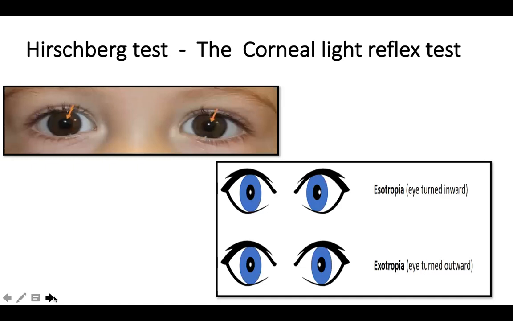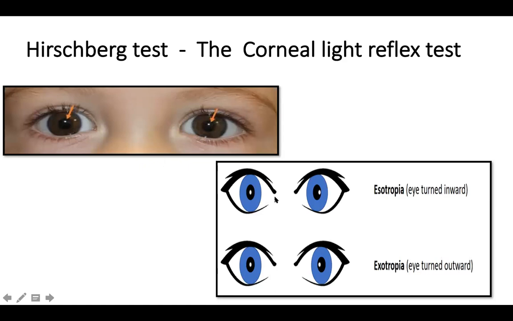Okay? So the easiest one is to do a Hirschberg test, or the corneal light reflex test, where you sit in the middle and your child sits in front of you. Use the torchlight right from the middle, you hit the torchlight just above the nose of the child, and you see how the light rays hit on both sides of the eyes. Normally both the dots of your torchlight should fall equally on both pupils in the center. It should not hit your iris the other way. It should hit in the center of your pupils.